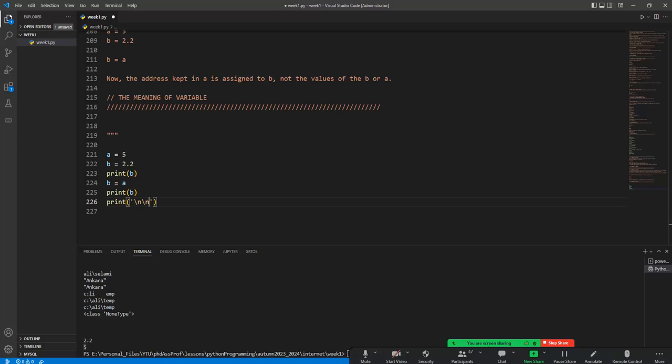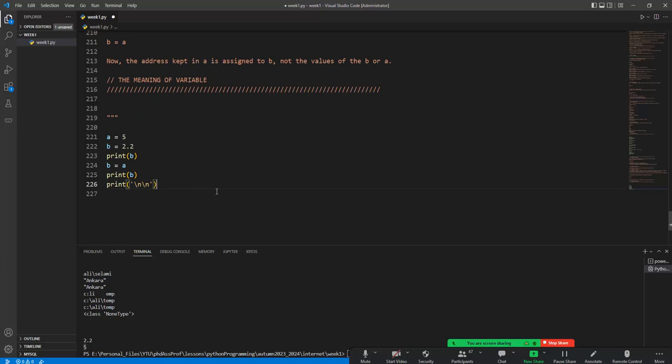So I will give a specific example for B or A with the ID operator, and you will understand that. Okay,